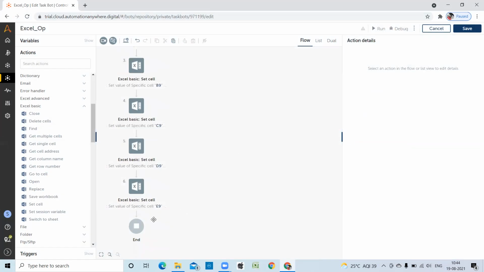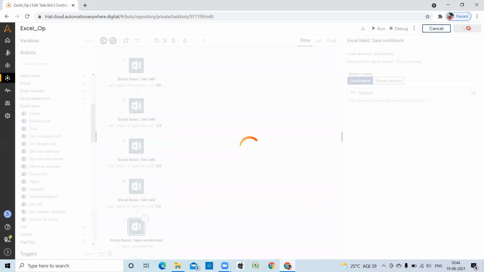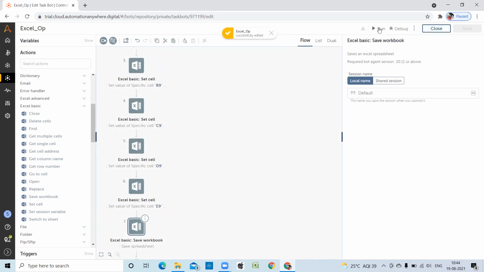So after writing the data, we have to save the data, right? So I'm using the save workflow. So we will run the bot.